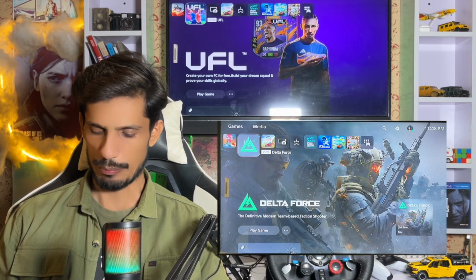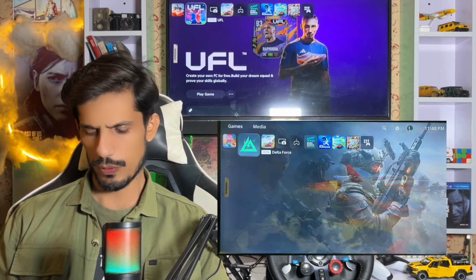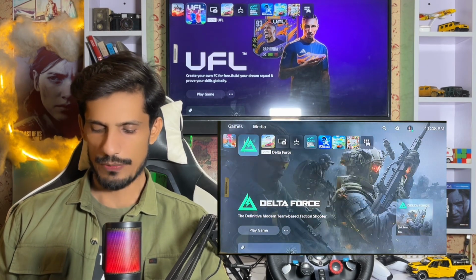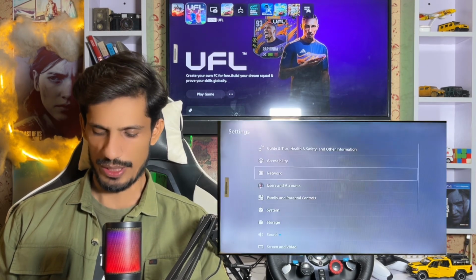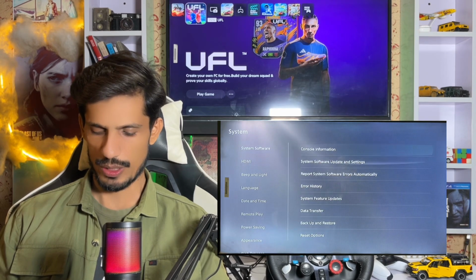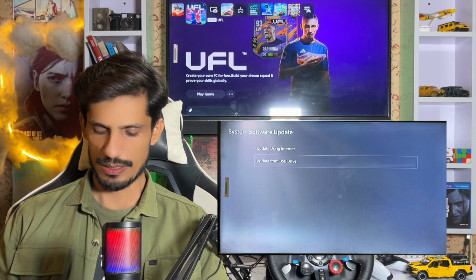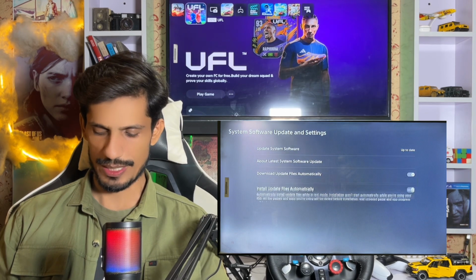Here we are. And here we go to the settings. Simple. Before settings, you must check whether your application is up to date or not. If it is not updated, you just update it, and then go to the system. Here you just go to system software settings, check whether the system software is up to date or not, and check